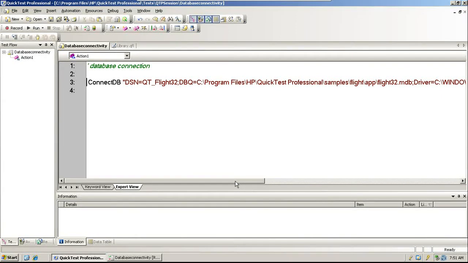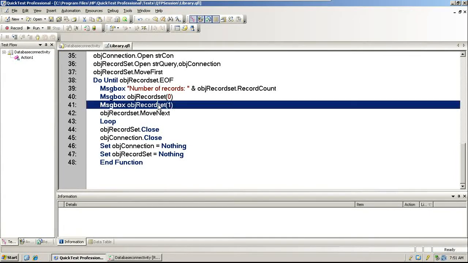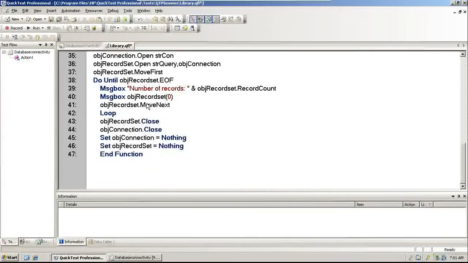Order number comma name would be 2. Order number comma name comma number of tickets, that is 3. Now since I am fetching only one column per record, this is not required, that's why it's showing it cannot find. So simply, okay, now if I run this, it should run.